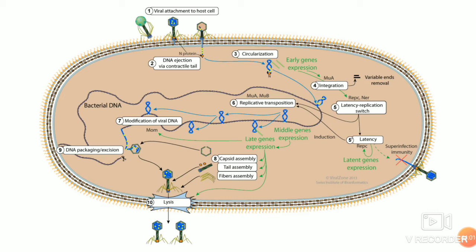But in the lysogenic cycle, the host DNA gets the viral DNA, and it stays there for a period of time before there is induction. Lysogens, if they are in the lysogenic state, are quite stable, and they are not simply induced by UV or by DNA damaging agents. There are some temperature sensitive Mu repressors which can help in shifting the lysogeny.